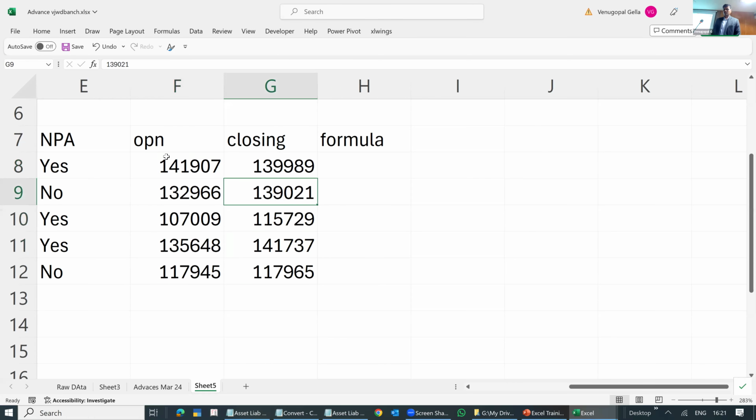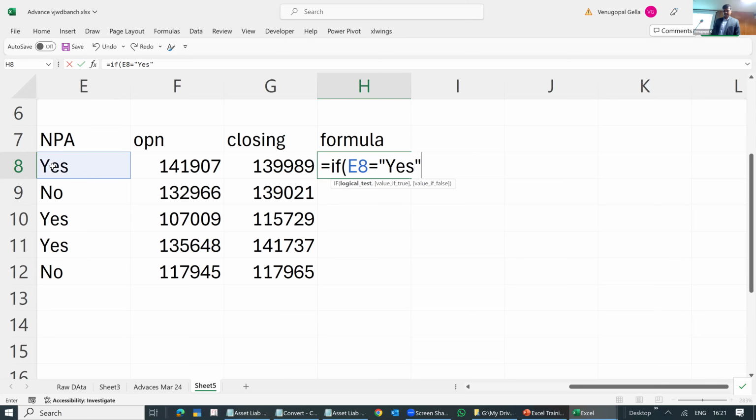So basically you want to know if my opening is lower than the closing for an NPA account. So firstly, you want to know if this account is NPA, you will check. If the account is NPA, then again you are saying if my opening is greater than closing, then okay, no issue.